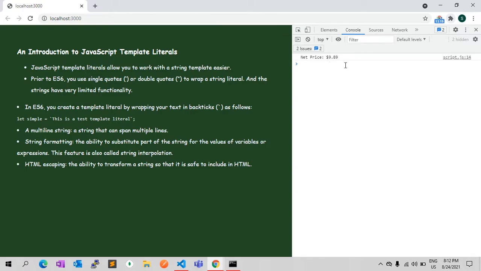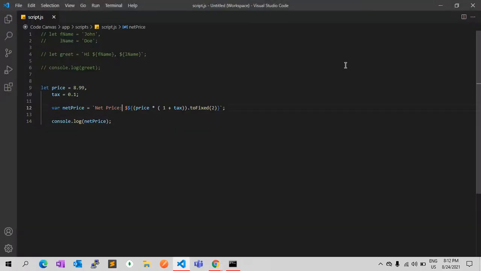You can see 9.89. So you can embed your variables, your string into the runtime HTML.